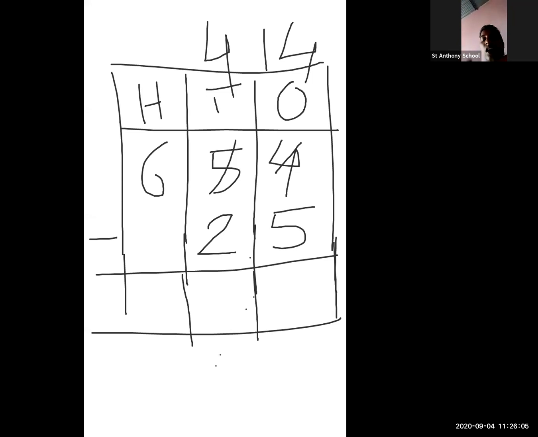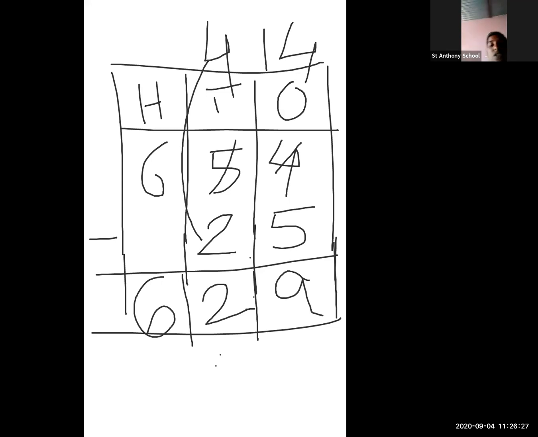4 minus 1 is 4. Now go to the ones column. 4 minus 5 is not possible, so 14 minus 5, your answer is 9. 4 minus 2, your answer is 2. And 6 you take as it is downside, because 6 minus dash is there, which means you assume 0 is there. 0 has no value, so 6 minus dash is equal to 6. Your answer is 629.